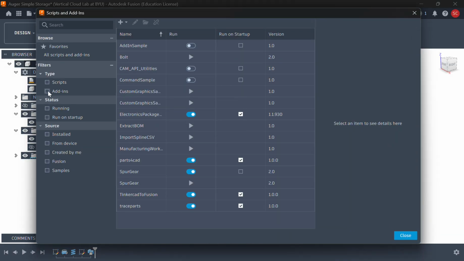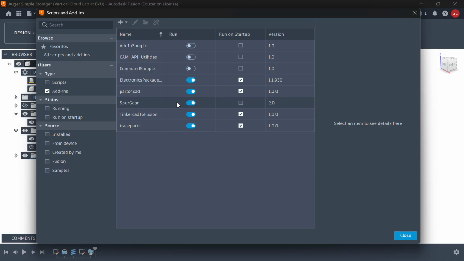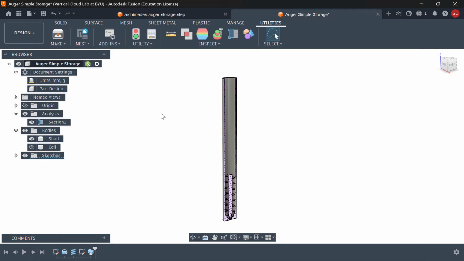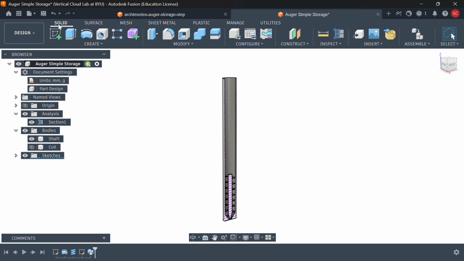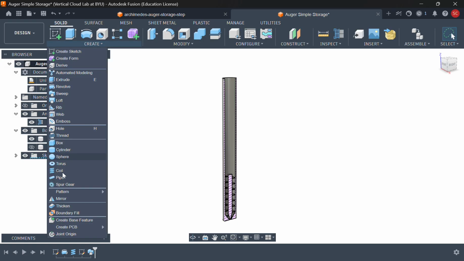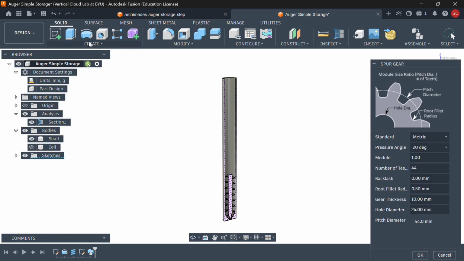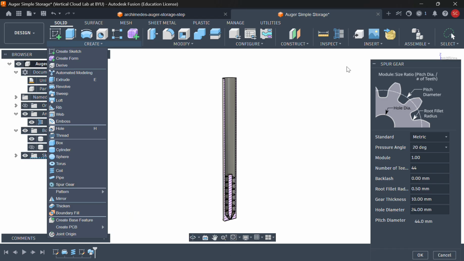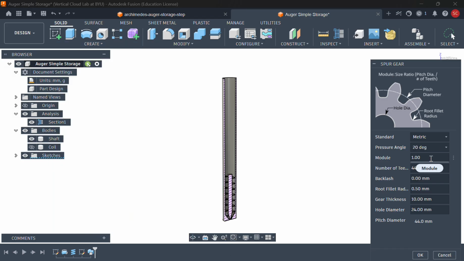So you can see, if you click on Add-ins, you can see a little bit better. But spur gear, you have to make sure that it's clicked on for run. That just means that there's a program that Fusion has written that makes spur gears really well, and we want to be able to use that. So if we go down here to spur gear, that's the Create tab down here, it pops up with this